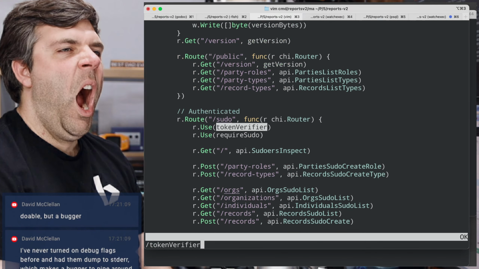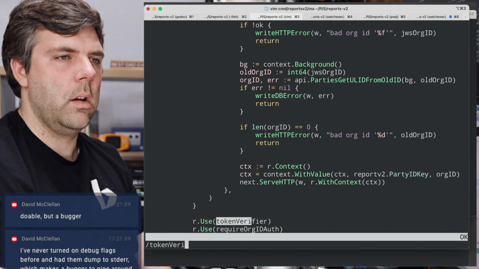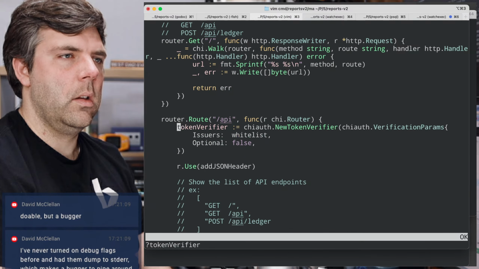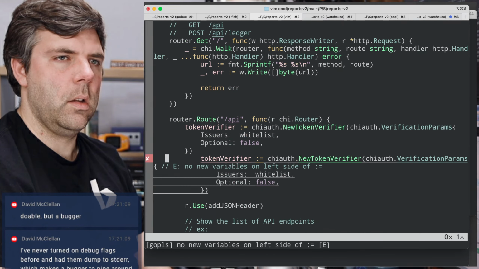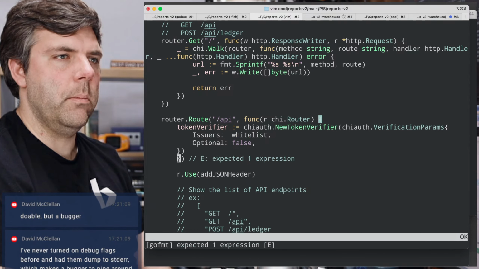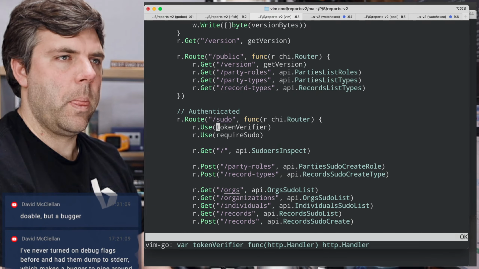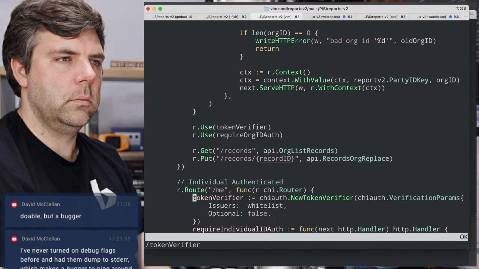Isn't this the same one? Okay, that's exactly the same. And my guess is that this one's the same too. So this is something that I meant to take out, but I forgot. Okay, good.